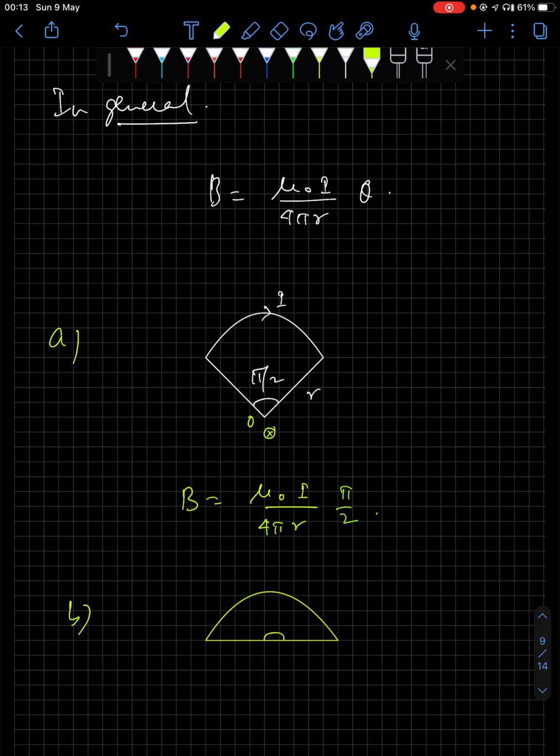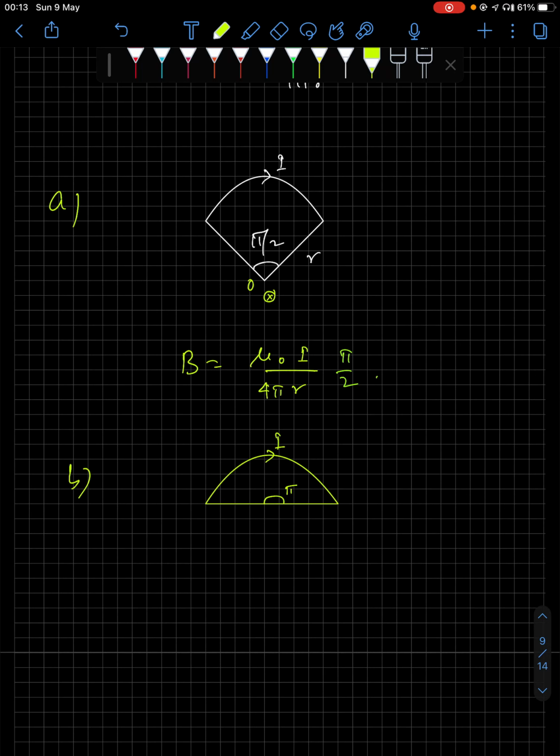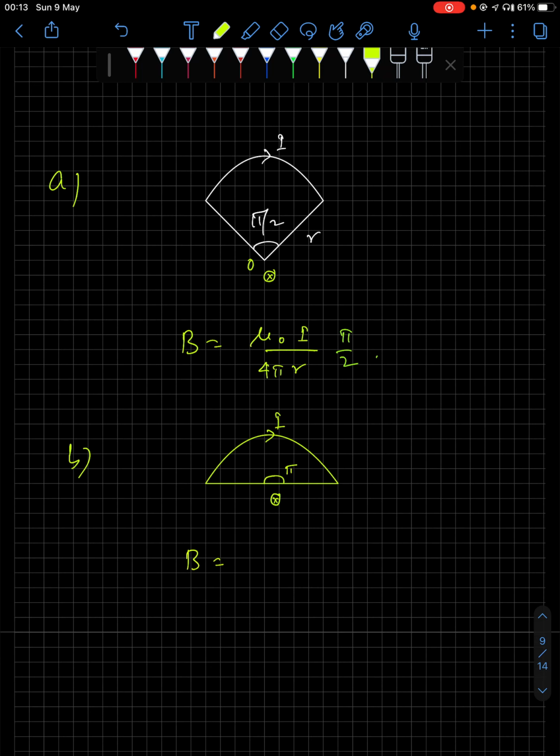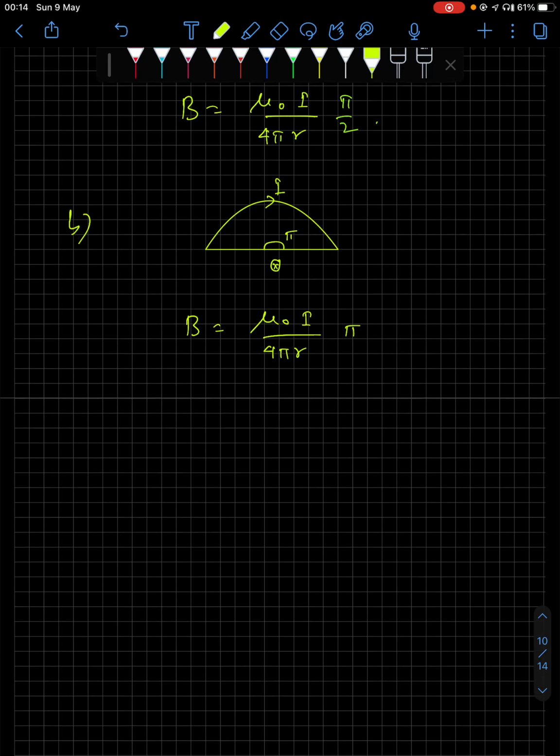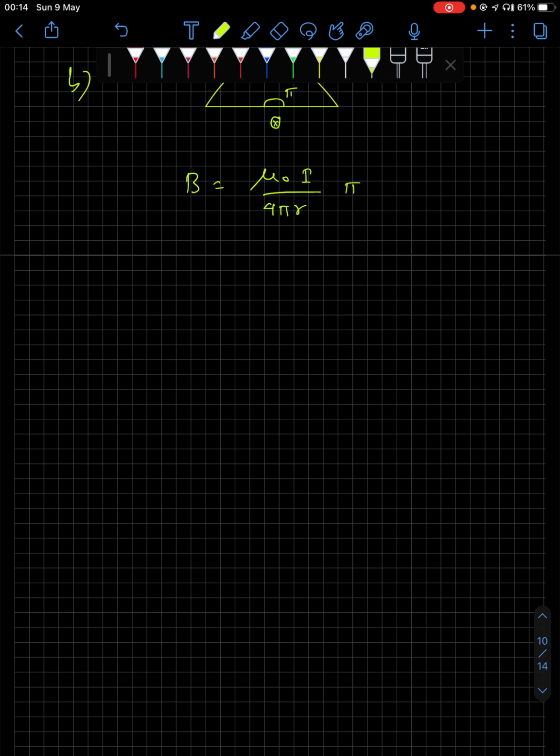So in that case, this angle is pi, right? It is carrying current I again in the same direction. By using the right hand thumb rule, you will find that the magnetic field is going inside. The relation for the magnetic field will be mu naught I by 4 pi r into pi in this case. Four more situations are discussed in the PDF, and I have done those pretty elaborately so that you can understand. We'll get into Ampere circuit law now.